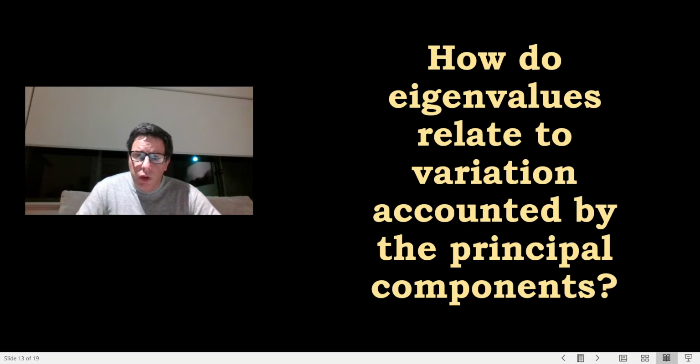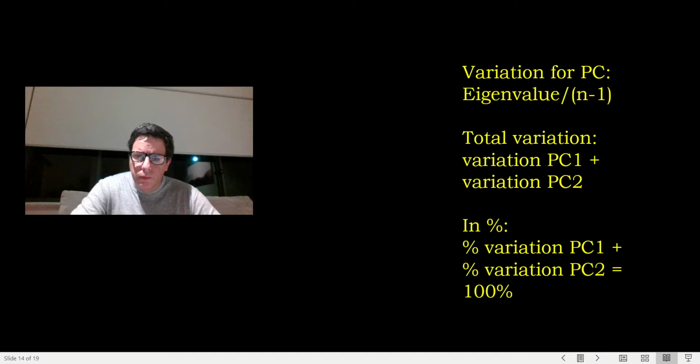Next question. How do eigenvalues relate to variation accounted by the principal components? Okay, so there is a simple formula. The variation for each principal component is calculated by the eigenvalue divided by n-1. So that's the variation. And then what we can do is to calculate the total variability of the data, and